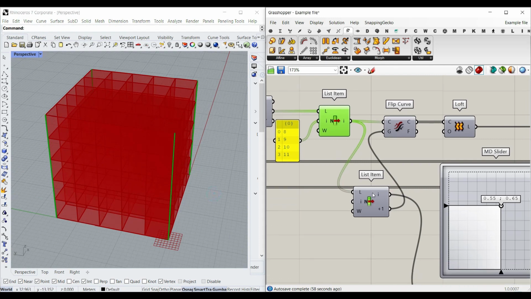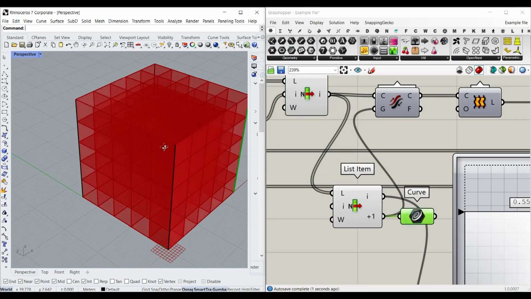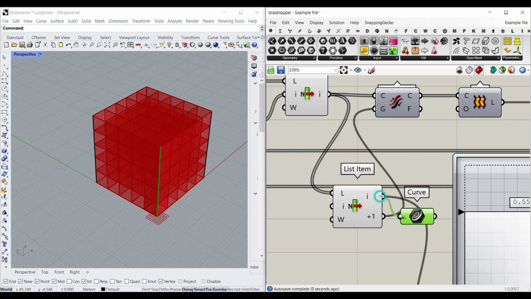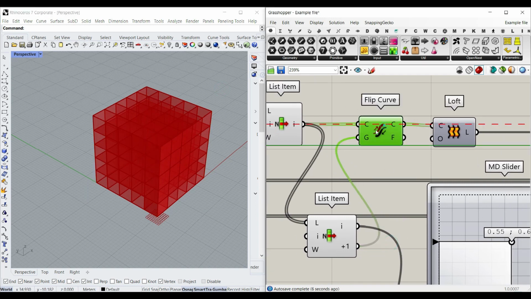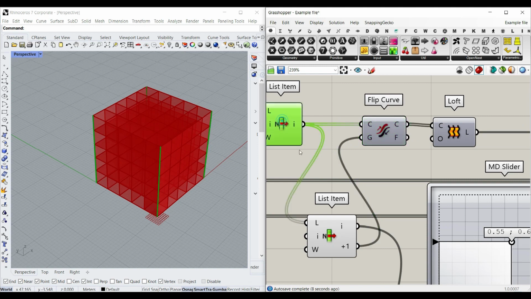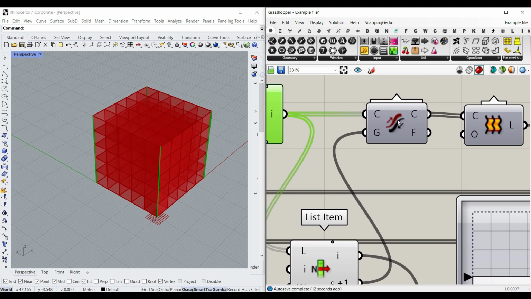So what we want to do is to pick the second list item. Let me just show you here. This is the first one. This is the second one. For example, this one, not the first one. We're going to pick up the second one, and we're going to flip all the curves with this guide curve. So you can use the flip curve to flip those lines, and the guide curve is going to be the second one. So now if I bake the results